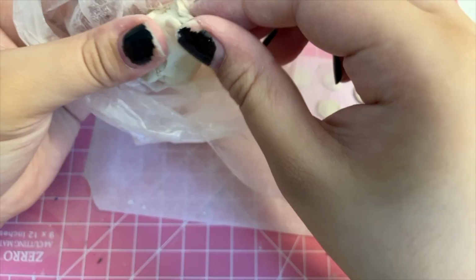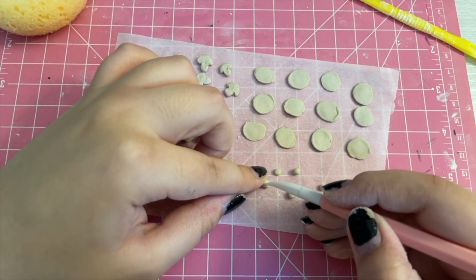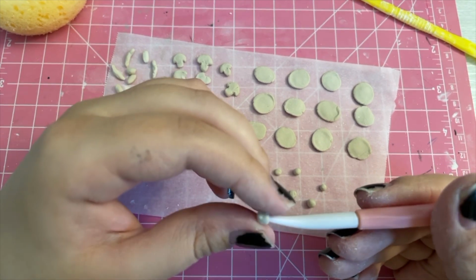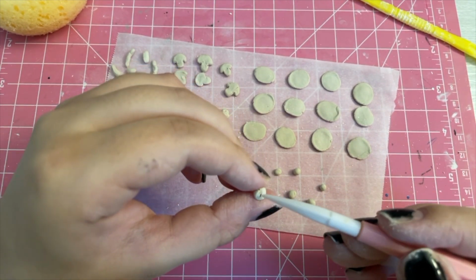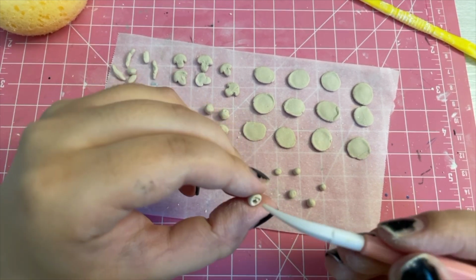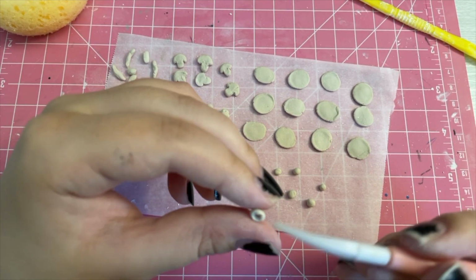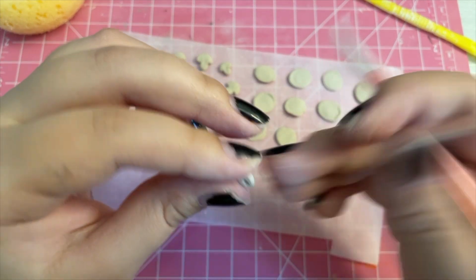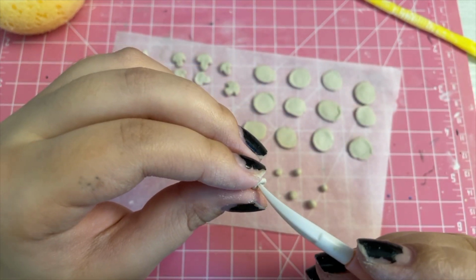So I just took these little balls and used this pointy tool and just kind of shoved it through, and I was like, oh, it kind of looks like a little donut or like a little Cheerio. So I was like, yeah. Then I figured that out, and so I went through making those pretty quickly,